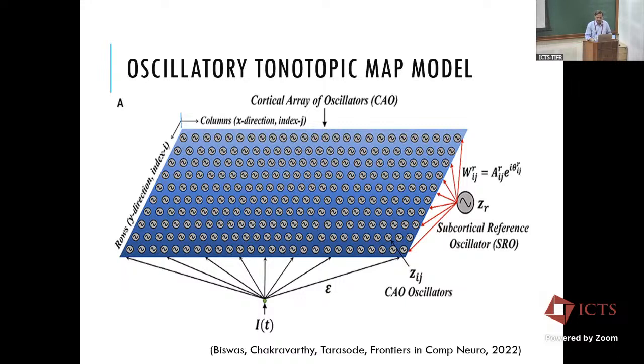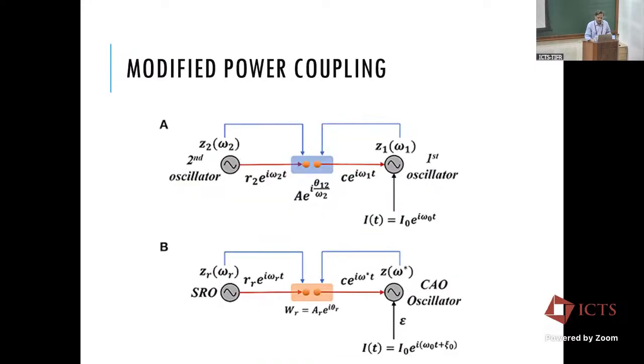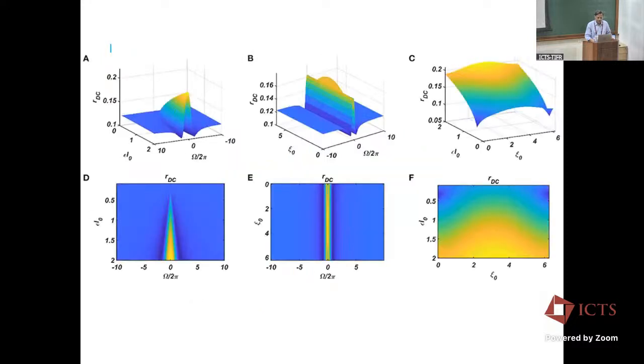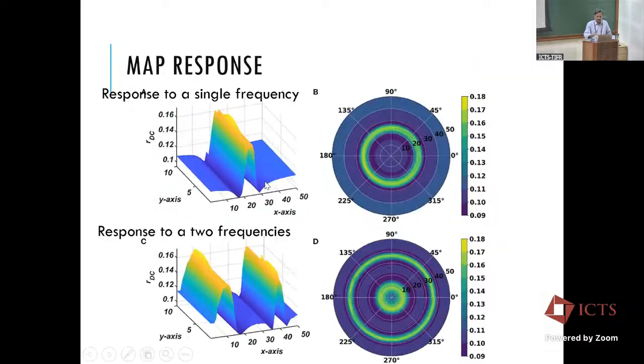So is that the motivation? The thalamus is known for its role in controlling corticothalamic oscillations. Is that the role it's playing? But anyway, it's too early to make any strong statement along those lines. We had to modify the previous learning equations for this. Once the map is trained, if I give it a single frequency, one whole column gets activated. And if I give that frequency at a certain phase with respect to the reference oscillator, certain oscillators within that column have even higher amplitude, as you can see here, a little mount in terms of amplitude.